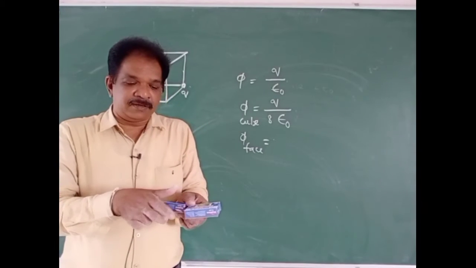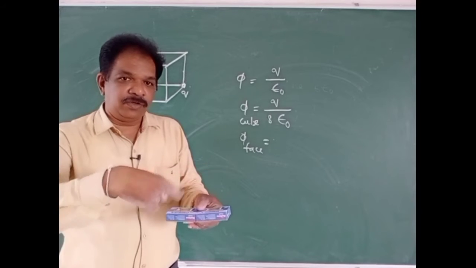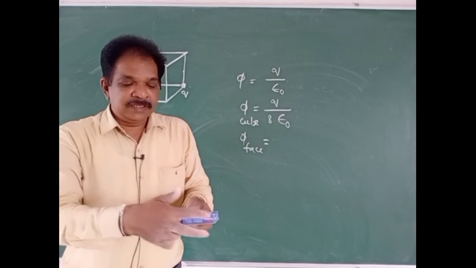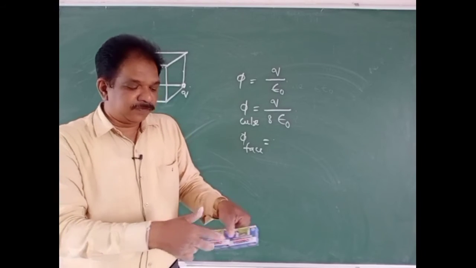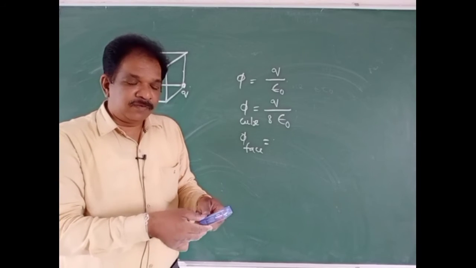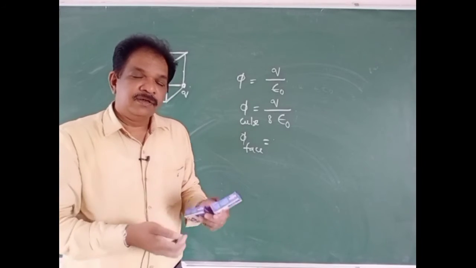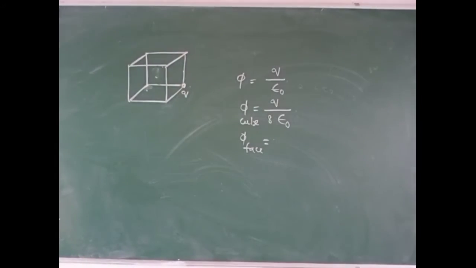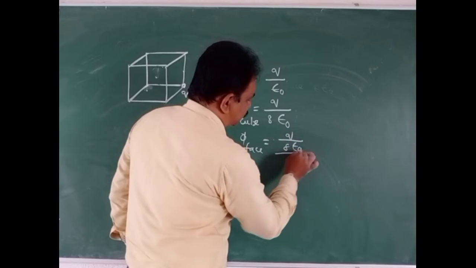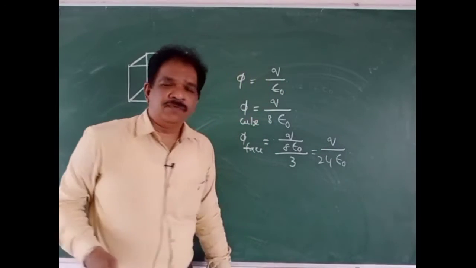So if we arrange it like this, try to understand. Here I placed the charge. Then what will happen? Here one, here one, here one. Above, if we keep, this face comes into the closed surface, this face also, and this face also. What are the open faces in the air? This one, this one, this one. Three will be there. So the flux from each face of the cube will be q by 8 epsilon naught by 3, which is q by 24 epsilon naught.